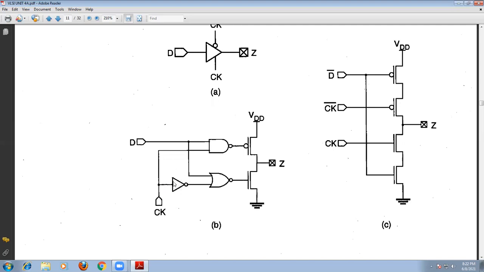Similarly, we have an inverter here, that is, the clock bar we considered. This also requires 2 transistors. Totally how many transistors do we require now? Totally we require 12 transistors to implement this logic. But in the other circuit, we have only 4 transistors to implement the same logic. This is the output circuit.